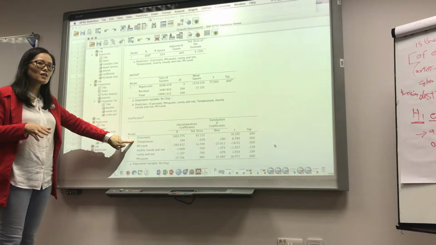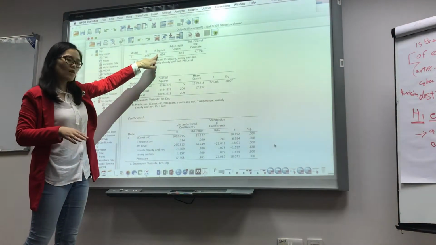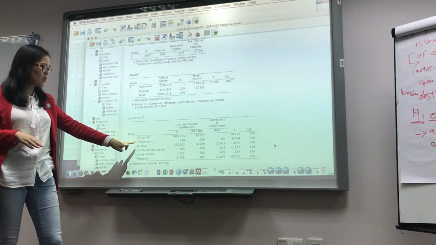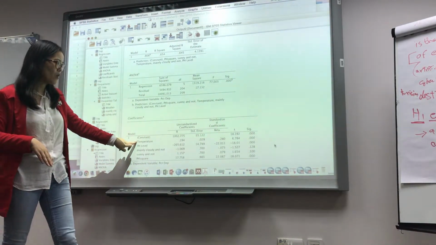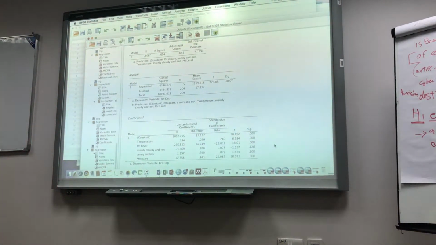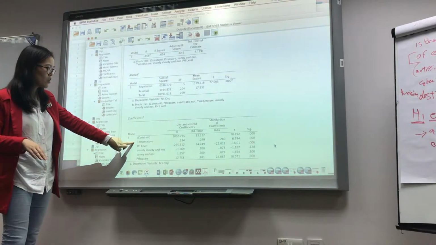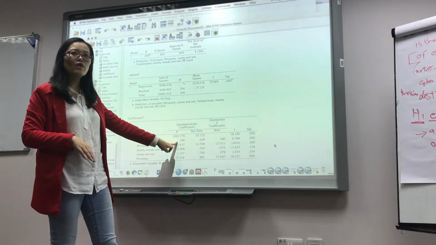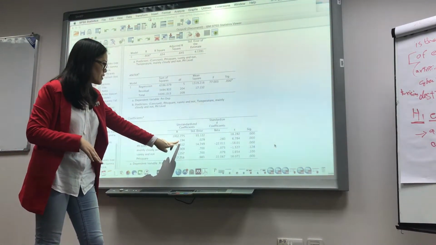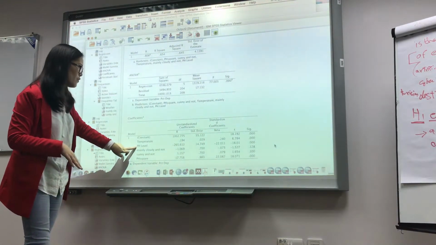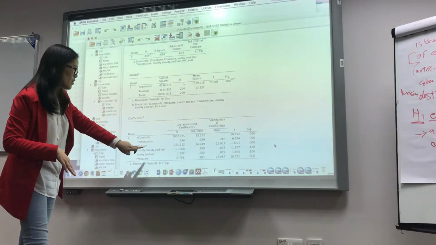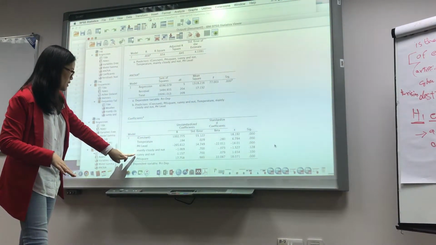Because adding the interaction doesn't improve the model, and it will affect the impact from the temperature variable. So now this is the final equation we have for this regression model. We have temperature, which has some positive impact on the dependent variable, and the coefficient is 0.194. pH level is also a significant predictor.